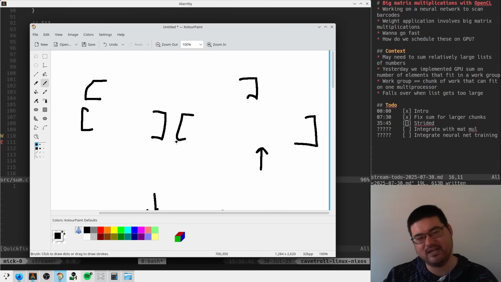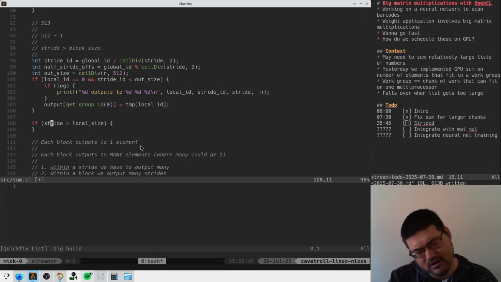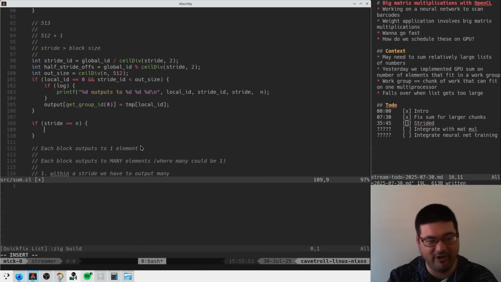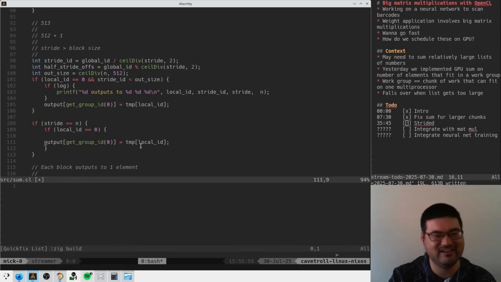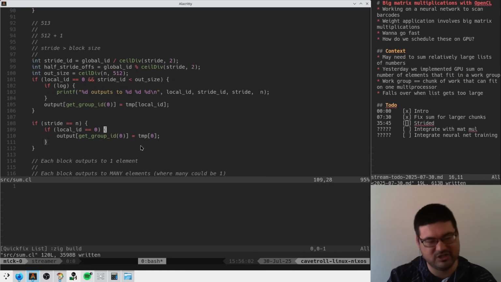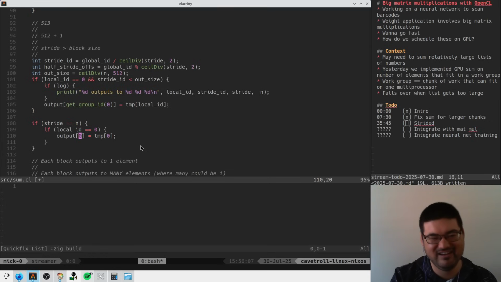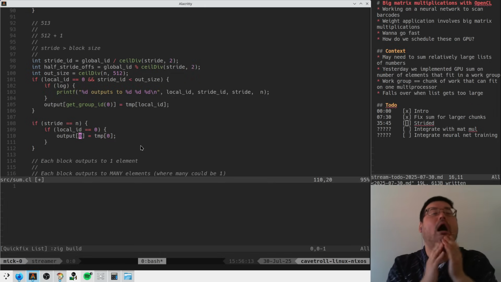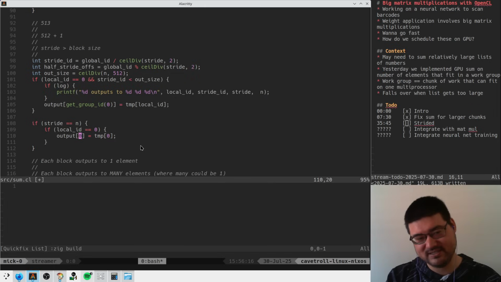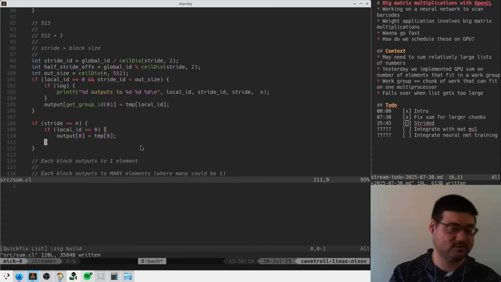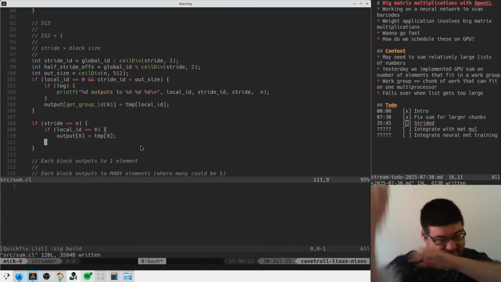I guess there are two cases actually that we have to think about here. If stride equals n, then we have the special rule to do what we were doing before. It's literally just this. Just like if the stride is n, there's only one output. Except for the fact that we have to... Oh, wait, no, it's not that. Because... Wait, yes. Yes, this is great. That's great. Otherwise,